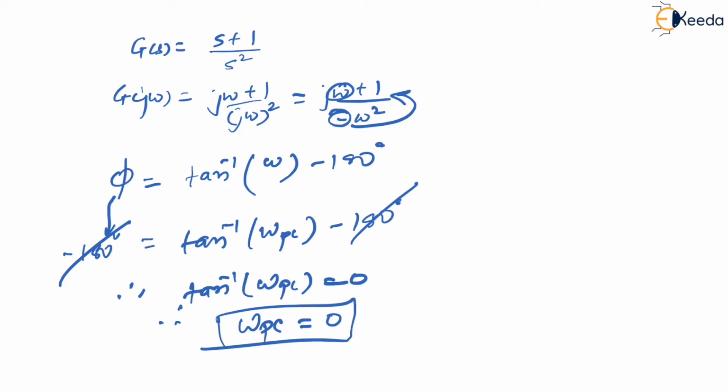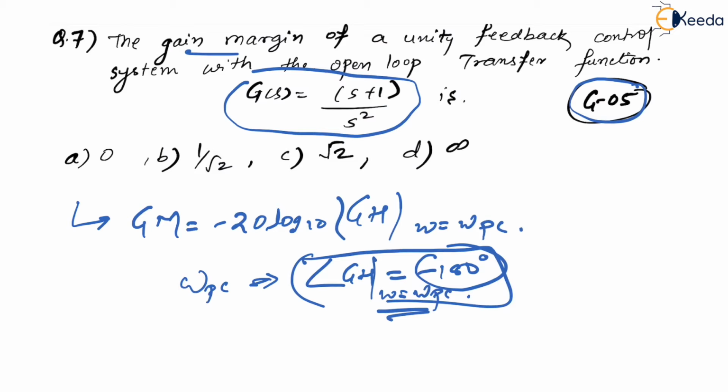Is that correct? Yes. Now people start saying, sir, but how can it be equal to 0? It can be equal to 0, no? I will tell you. Wait. Just imagine. Now let us see what happens then. Omega PC is equal to 0. We have seen. Now let us find magnitude at omega equal to omega PC, because we know that gain margin